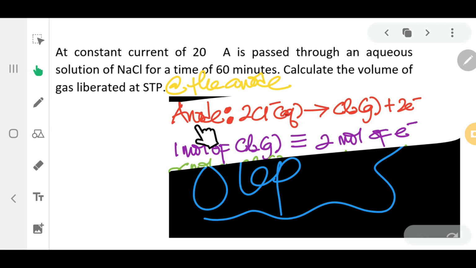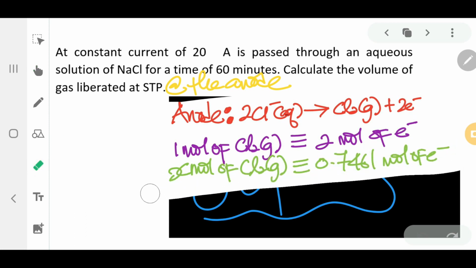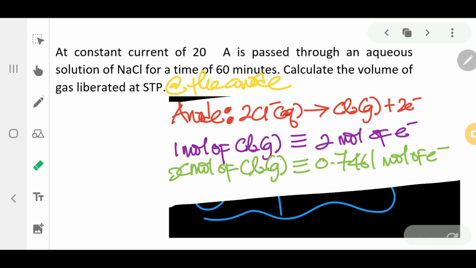And from the half cell over here, we can extract the information that 1 mole of chlorine gas is equivalent to 2 moles of electrons over here. So we're going to compare the information that we have got from the half cell here with the number of moles of electrons that we have got